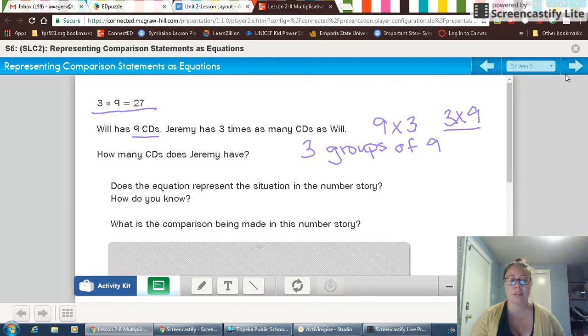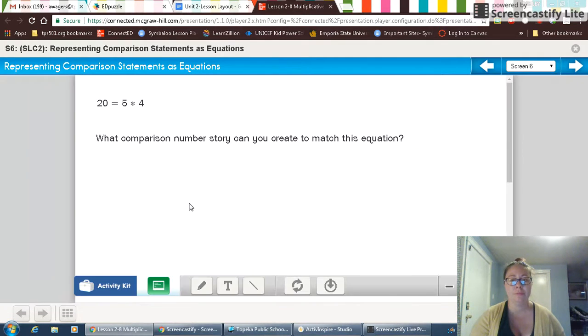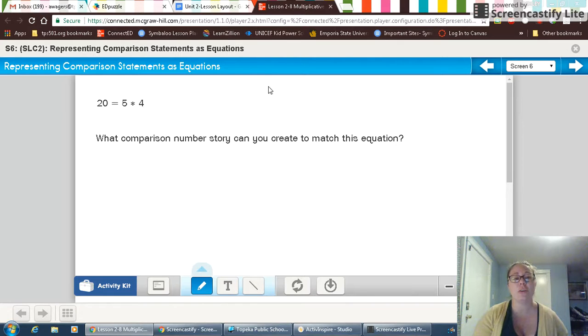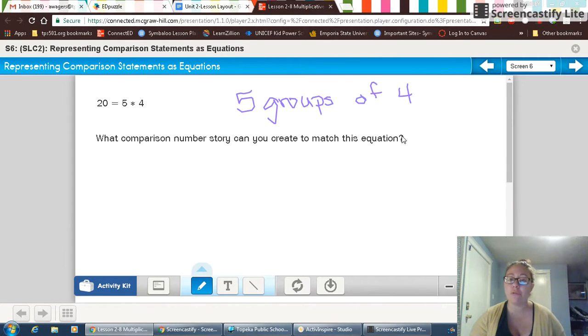Okay, a little bit more. So 20 equals 5 times 4. We could write a comparison number story to match this equation. So 5 times 4, that's like saying 5 groups of 4. So if I were to write a number story to say this, someone's going to have 4 of something, and someone else is going to have 5 times as many, or 5 groups of that. So I could say